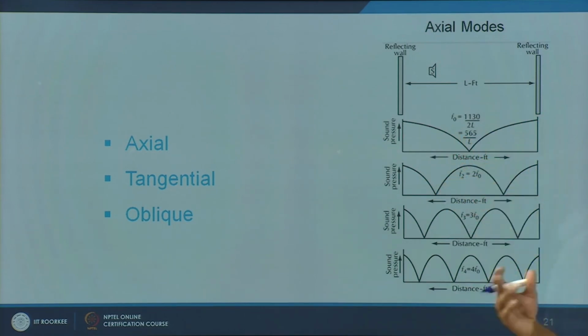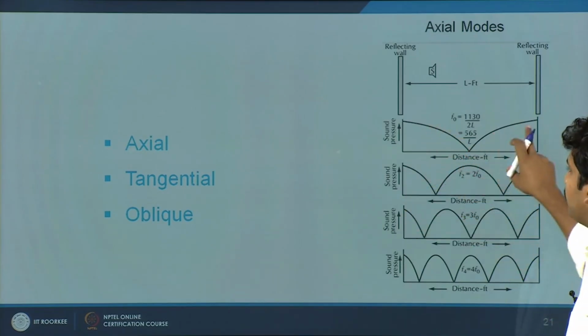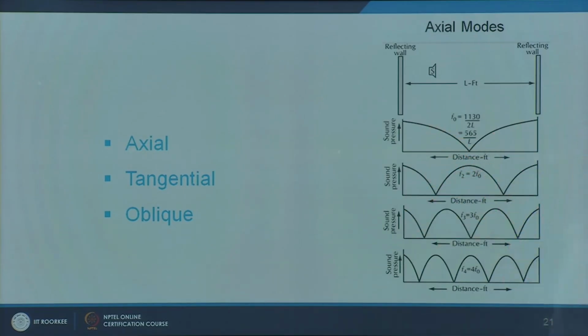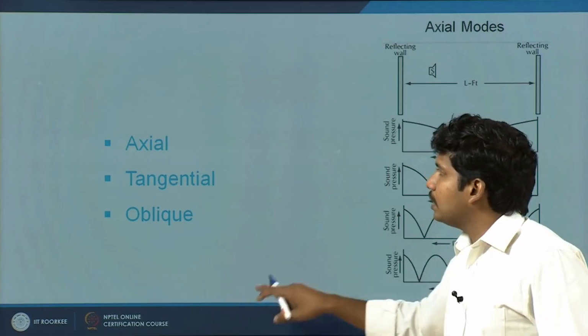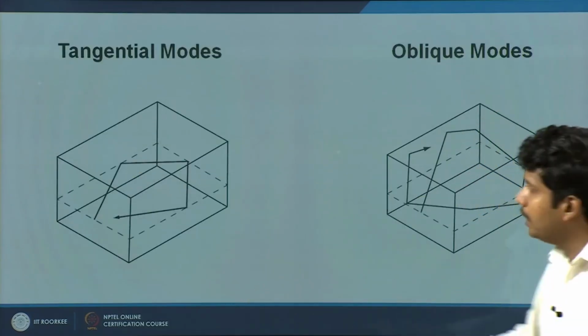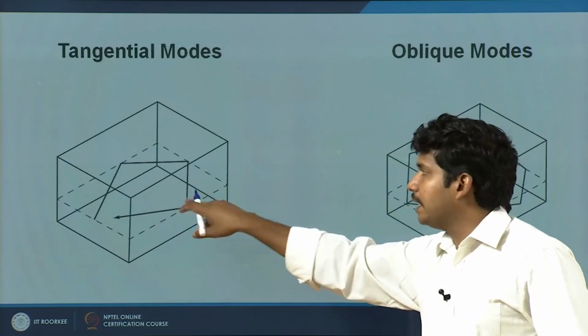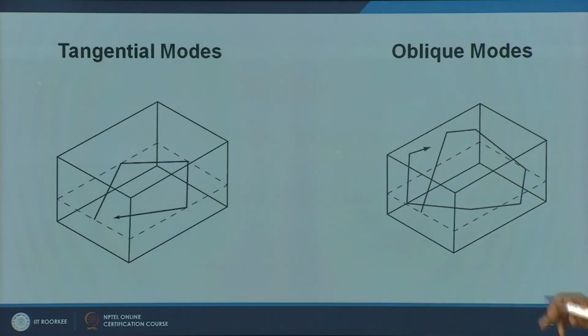Again, you can determine the dimensions, we will look at it shortly. As I said, it can be 1, it can be more in numbers, depends on the frequency and the distance, the width or length, whichever is shorter, it might happen, or it is proportional. There are tangential modes and there are oblique modes. It can also happen tangentially to surfaces, vertically or horizontally, or it can be oblique, happening all across in 3